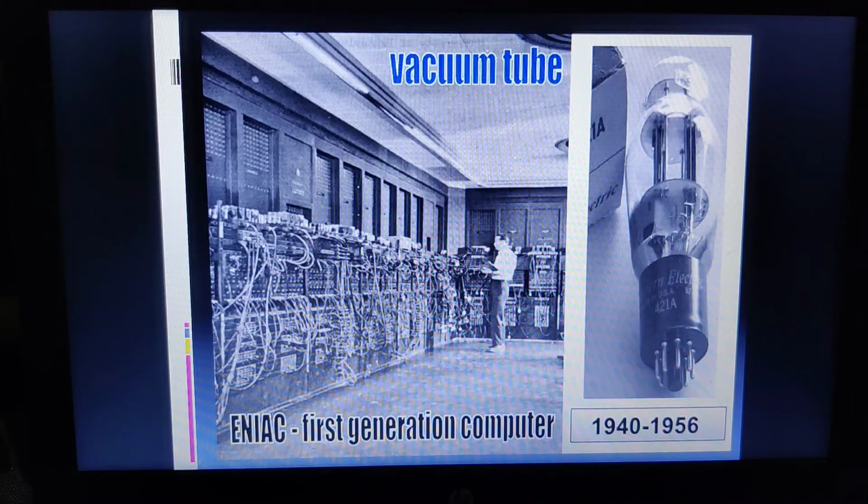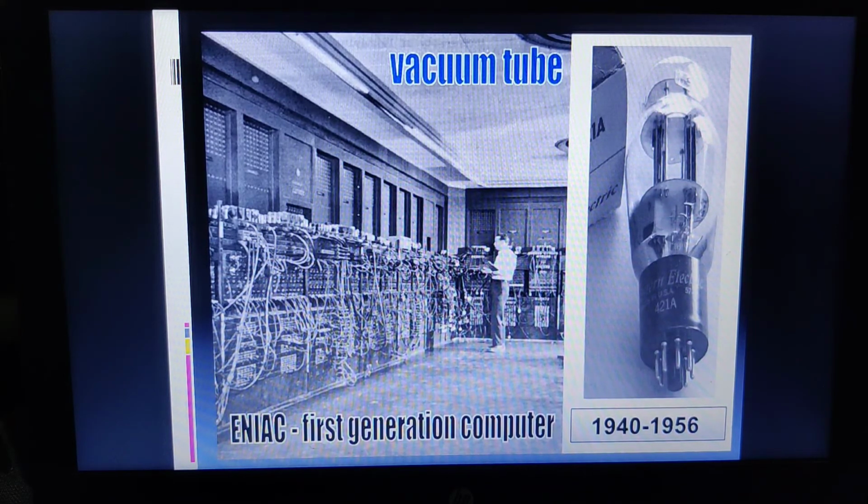Then they did not have much memory at all, and they could solve only one problem at a time. So all these are the first generation computer features. A very important question may arise here: briefly explain the features of the first generation, that is, they'll be asking for 5 marks.